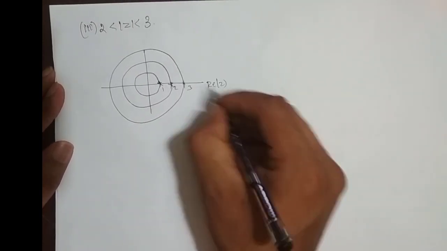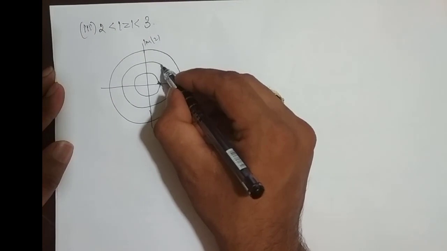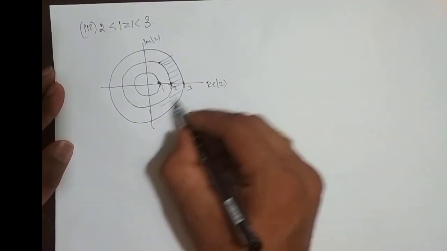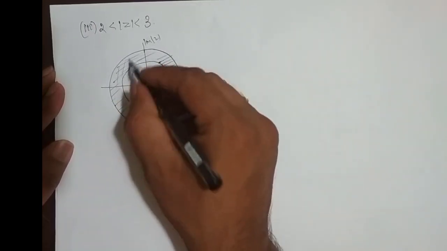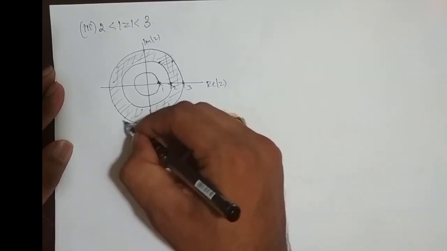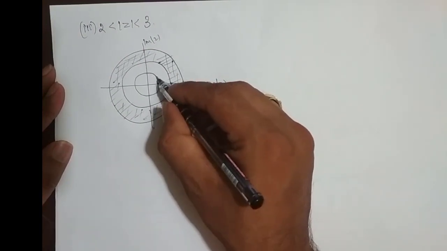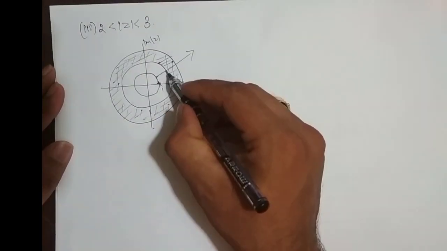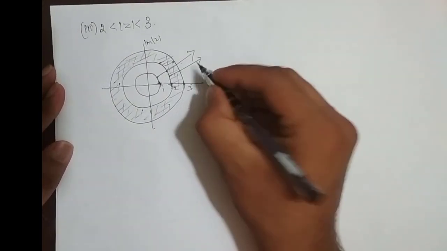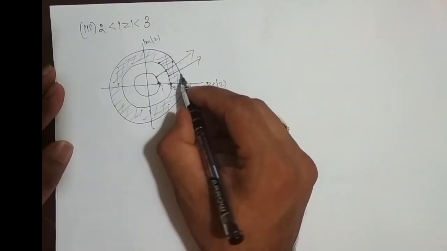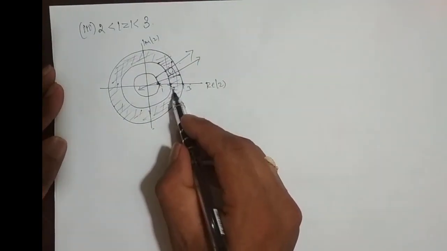This is the real part of z. Every time I have to write real part of z and imaginary part of z here. So what is the ROC? Between 2 and 3, right? This should be my ROC. So between 2 and 3, all the three sequence ROCs should intersect. If that is the case, which sequences are left sided and which are right sided? The sequence corresponding to pole 1 should be right sided, so that the ROC will intersect between 2 and 3. The sequence corresponding to pole 2 should be right sided, and the sequence corresponding to pole 3 should be left sided, so that all the three ROCs will intersect in between pole 2 and 3.